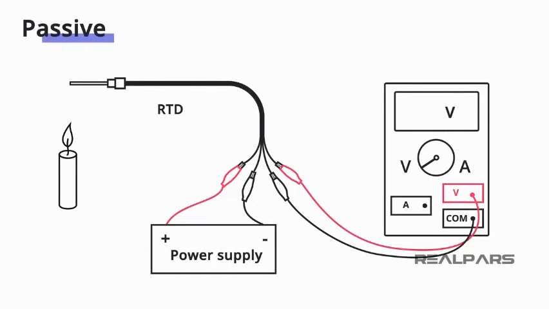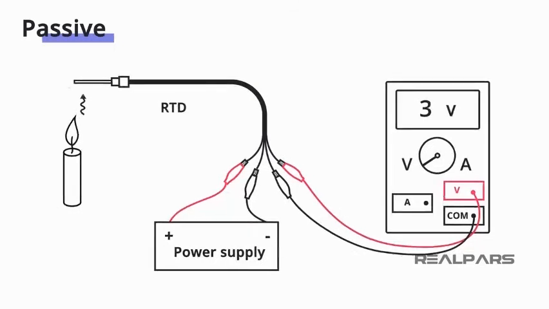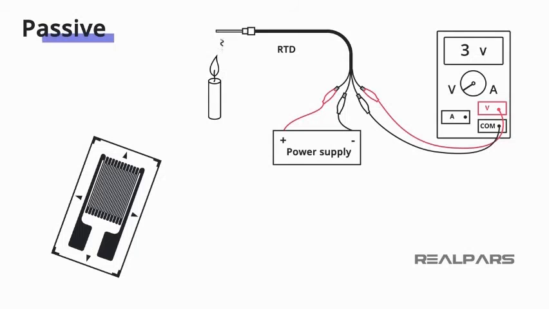A resistance temperature detector, or RTD, is a passive sensor. It is a device whose resistance will change with a change in temperature. To take advantage of this change in resistance, an external supply, or an excitation circuit, is required to produce a change in voltage. Another example of a passive sensor is a strain gauge. All right,